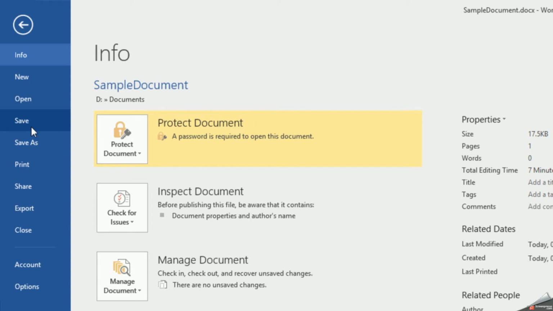So you have to provide a name to your document, and then once a name is provided, you make any changes, only the changes will be saved. Save As is used to create a duplicate copy of the currently opened document.